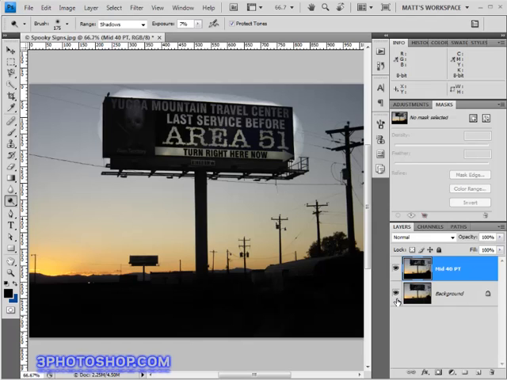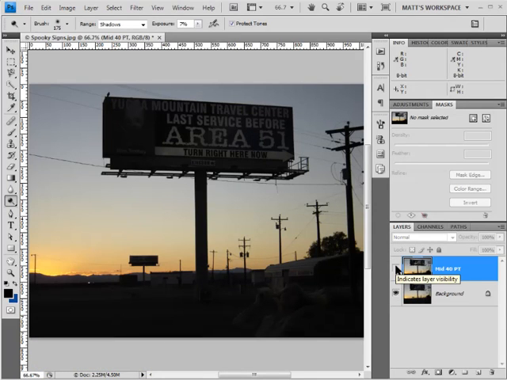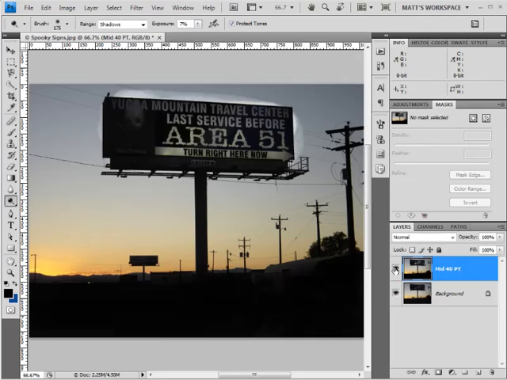Well, thanks for joining me here. Before we close up, check out the image before we modified it, and here's the finished product, all thanks to dodging and burning and the amazingly capable protect tones option here inside Photoshop